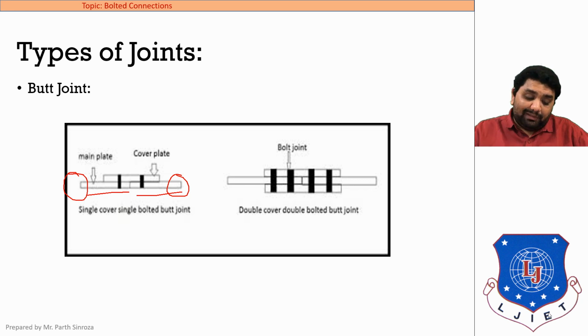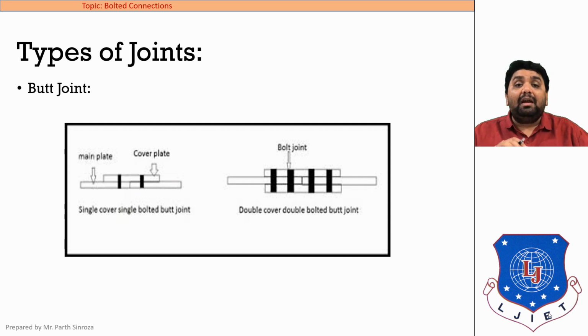So we can't insert a bolt horizontally like this. What we do is place another plate above it. Clear? It is termed a cover plate. So cover plates or additional plates are used to connect our two main plates that are placed side by side.